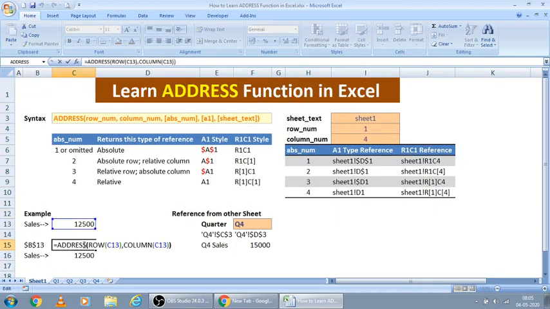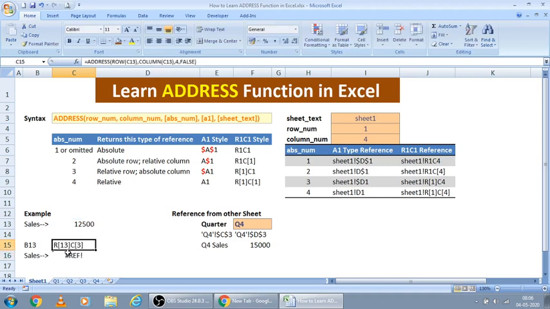Now let us add this ABS num. For example, now I want a relative reference. In this case, I am just putting 4 here, so that the dollar symbol has gone. Now instead of A1 type, I want to get R1C1 type. Here by default it will be true. If you put false, it will be converted into an R1C1 type reference.